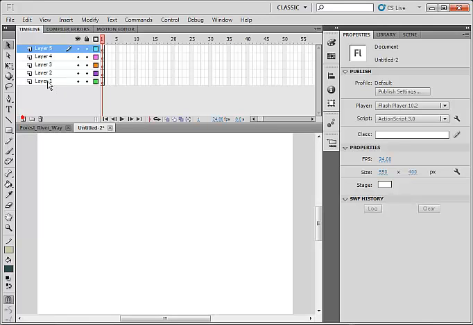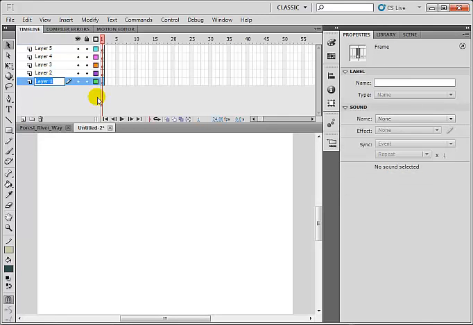So the first layer, I think, let me call that background, and the second layer, I'm going to be calling that bush, and the third layer, I'll call that river, and followed by trees,